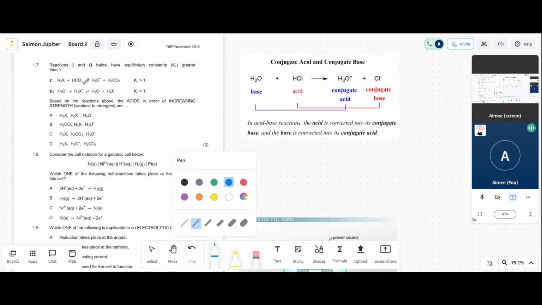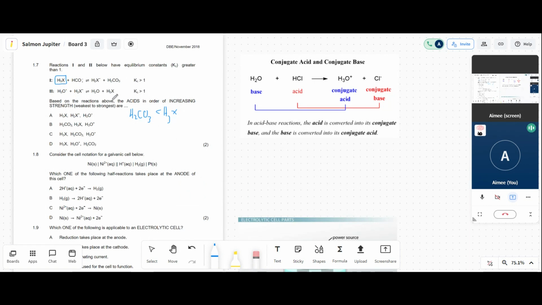And you can see that HCO3 negative has gained a proton, which means that in this reaction, H3X is acting as the acid. Okay? And that tells us that H3X has stronger acidic properties than H2CO3. So you already know now that H2CO3 is weaker than H3X. Okay, next step, we say, now we've got H3O positive and H2X negative